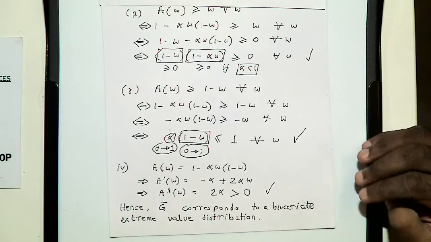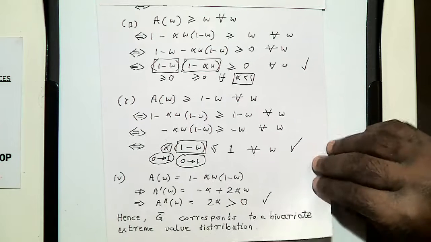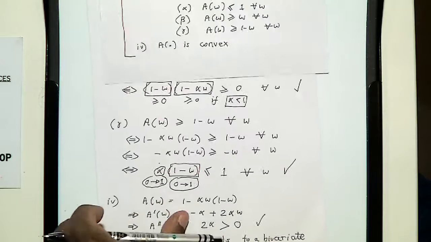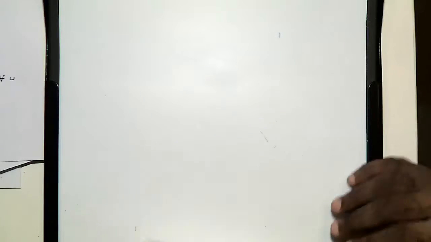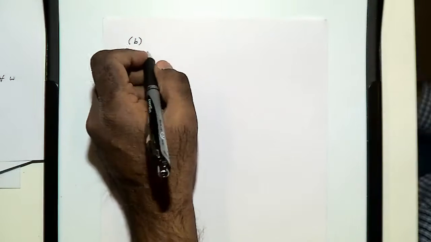Alright, so this completes the first part of question 2. The remaining parts are trivial. I'm not going to do them. I'll just show you what the formulas to use. So it's only the first part which can be non-trivial for you. So to do the remaining parts of question 2, part B is to find the joint CDF, which is